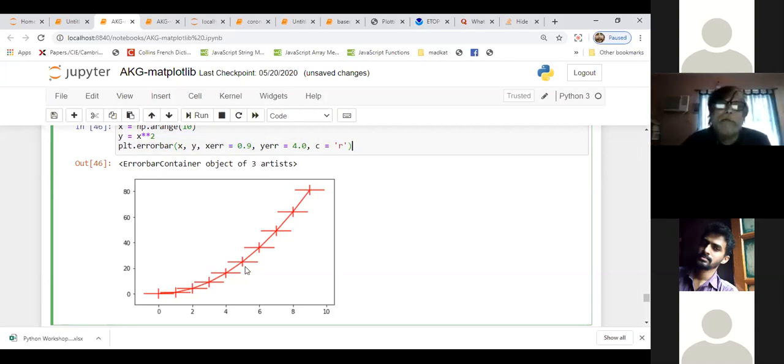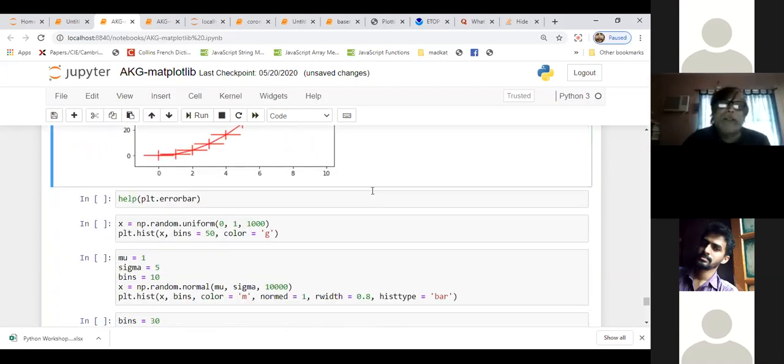If I have different x errors for all the points, that means I do not have a single value for the x error. So you collect the errors, put them in square brackets, and write them as a list. It will automatically, one by one, put them in correspondence. That is how you create it.